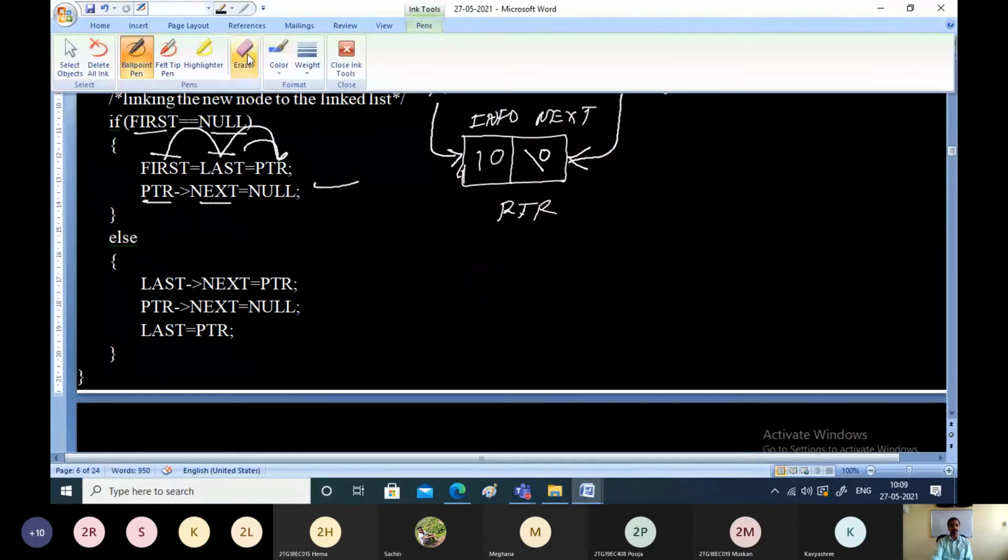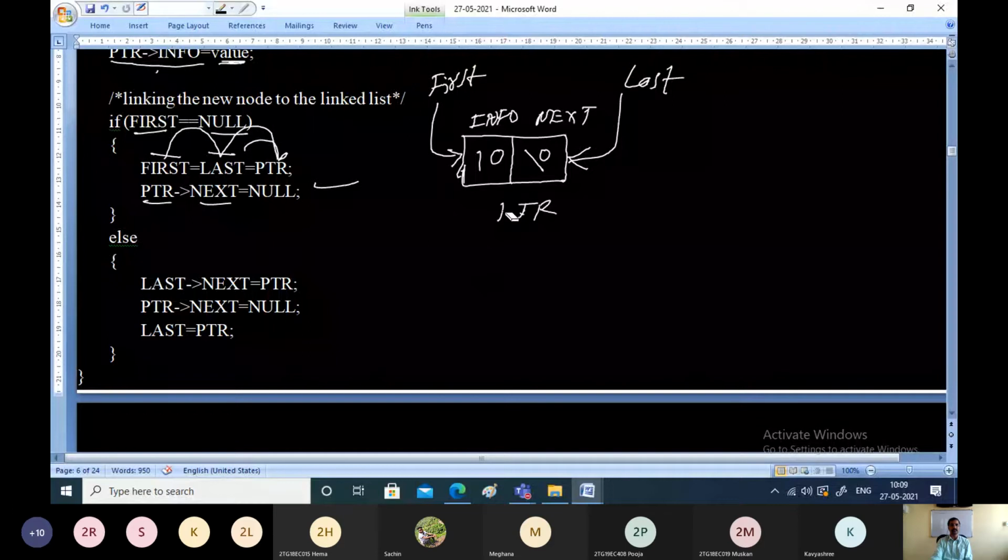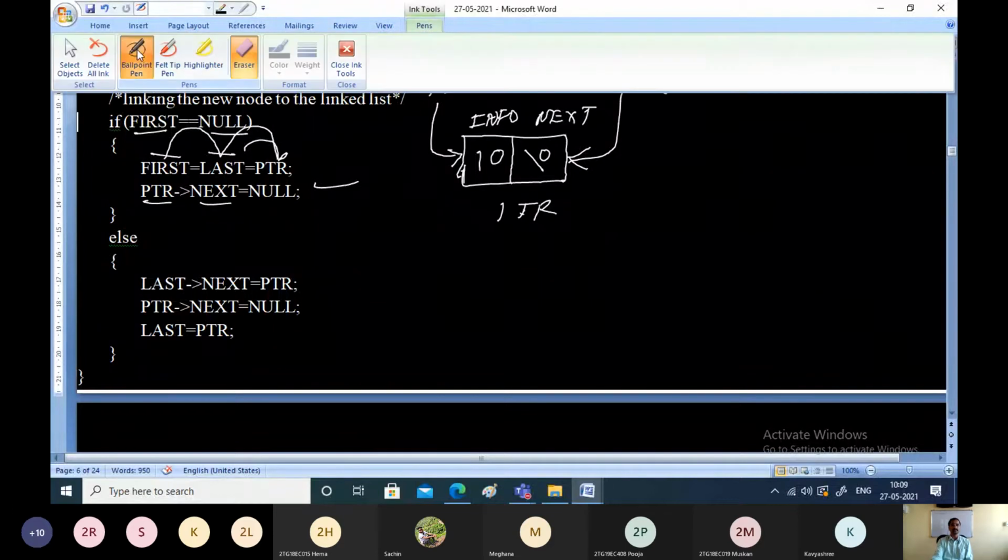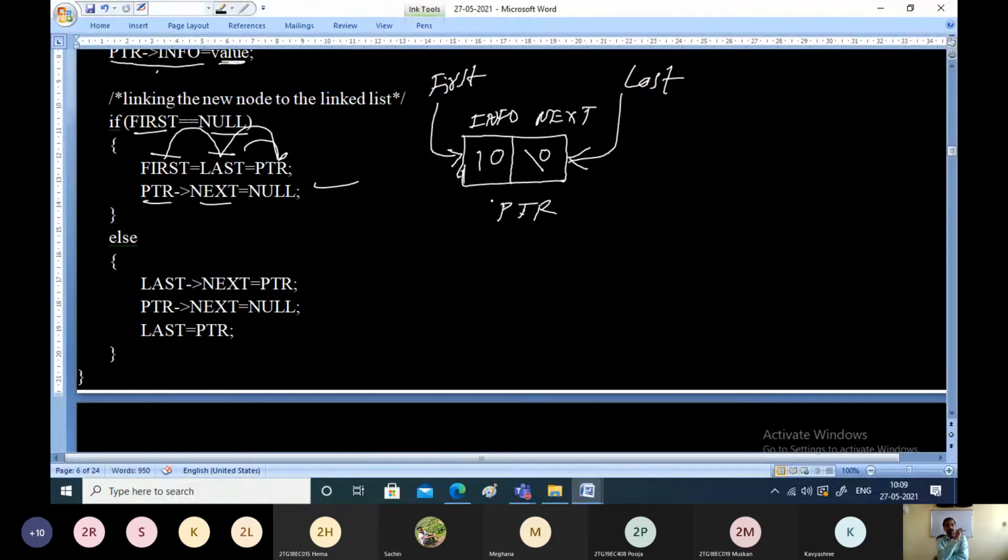It is just PTR. The very first node we have inserted. When if is true, else will not execute. The if-else execution we must know: when if is true, else will not execute.